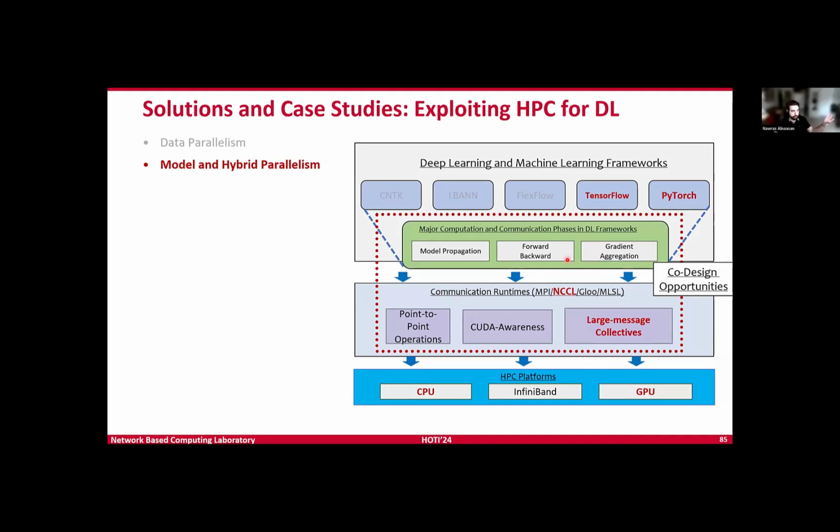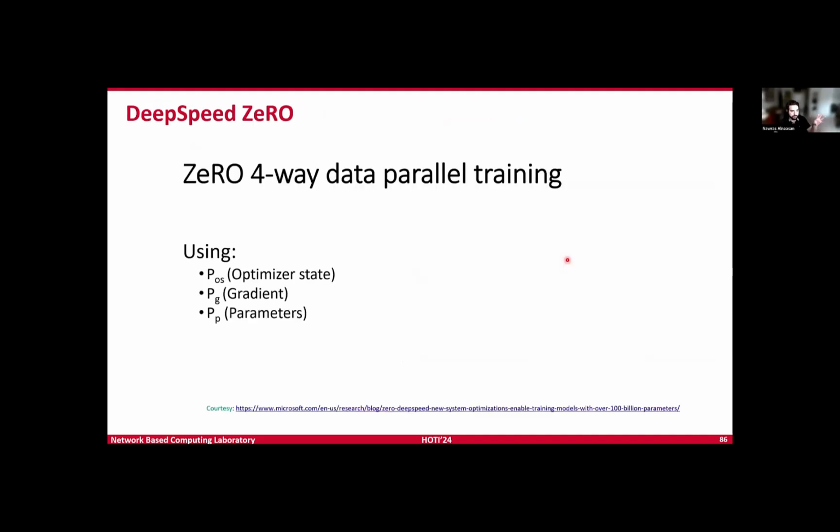So this is all with data parallelism. Now let's look at model and hybrid parallelism. There are many different methods, many different techniques. We're going to cover 2, and these are considered the state of the art. First one is DeepSpeed ZeRO, also known as FSDP, fully sharded data parallelism. This is the name that Torch Distributed uses, but DeepSpeed uses the ZeRO optimizer. ZeRO itself has 3 stages of optimizations.